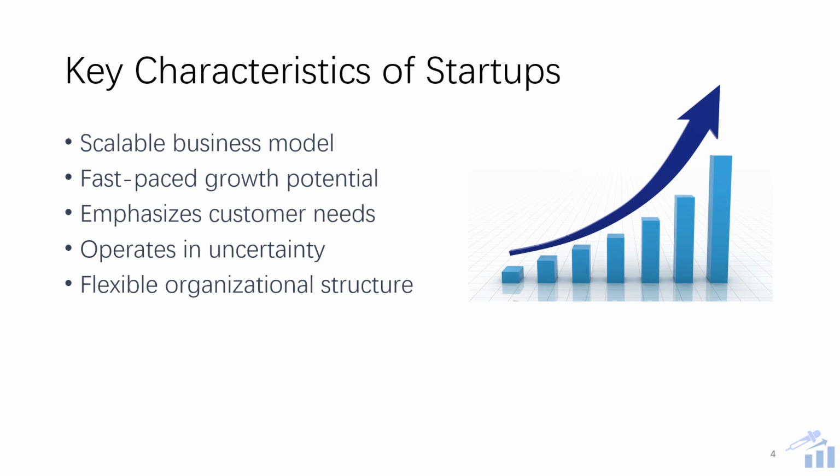But of course, all of this operates in a state of uncertainty, and this demands a flexible and adaptable organizational structure, because there's a back and forth, back and forth in your experience of a startup. It'd be wonderful to think that, like on the graph here, you have this nice exponential growth. No, that's not usually the way it works. You make some gains, and then you recede back, and you make some more gains and you recede back. It's not always one step forward, two steps back, no, but that definitely does happen. So you need an organization that can adapt to that, right? Meaning you grow rapidly, and then you pull back, and then you grow rapidly, and you pull back. And this agility is crucial for the medical sciences sector, where scientific and market landscapes are constantly changing,